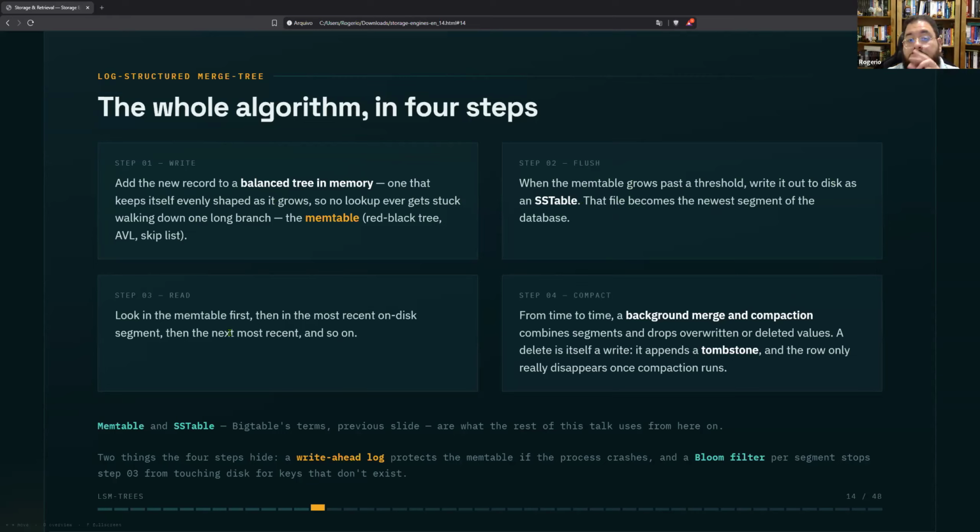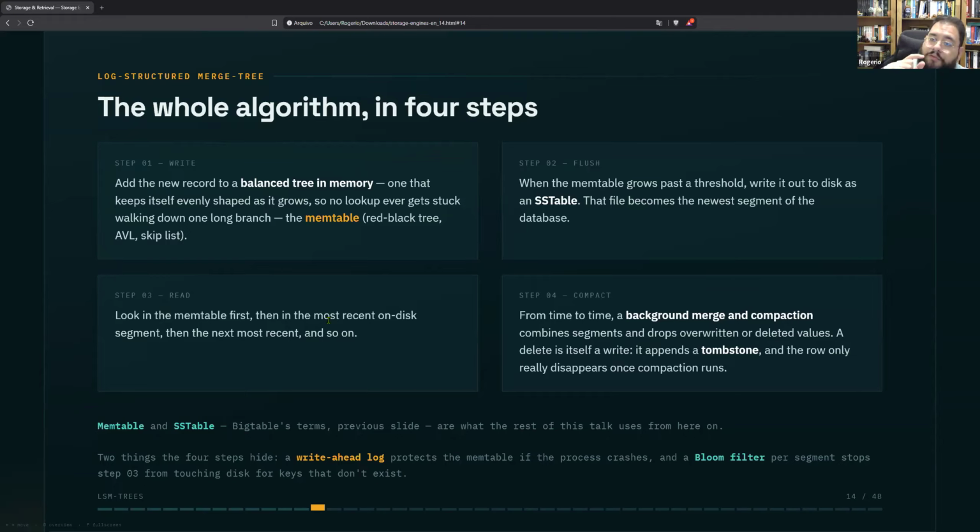The third step is when you want to read some value from a key, you look in the memtable first, then in the most recent on-disk segment, the SSTables. Then, if you don't find it, the next most recent, and so on.